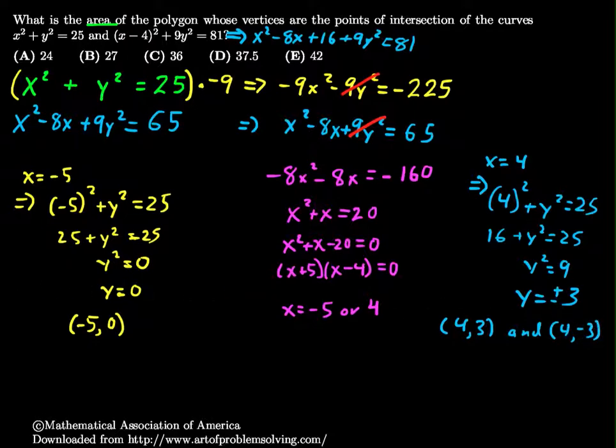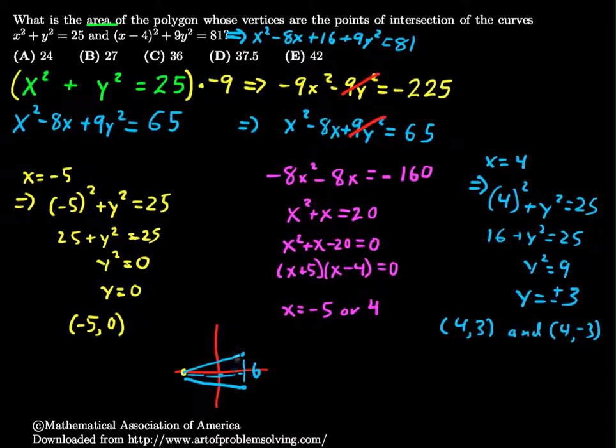It'll form a triangle. I'll draw a quick sketch so we can see the triangle. I'm not going to draw the ellipse and the circle, but my first point is out here at (-5, 0). My next 2 points are (4, 3) and (4, -3), over here and here. And this triangle, the base here, I'm going to use that as the base, is going to measure from 3 to -3, which is 6. The height here